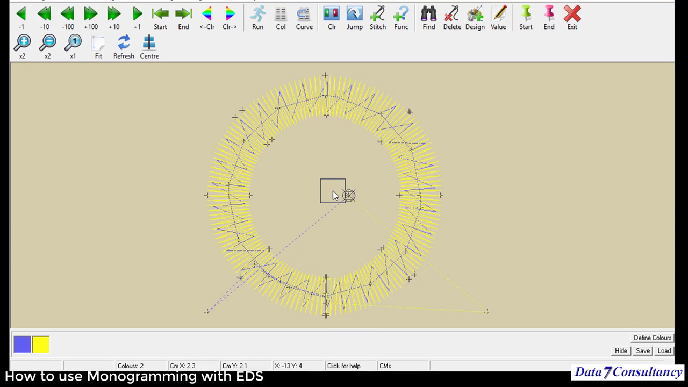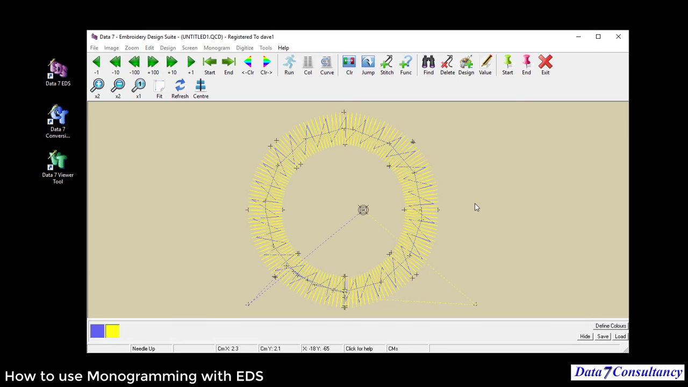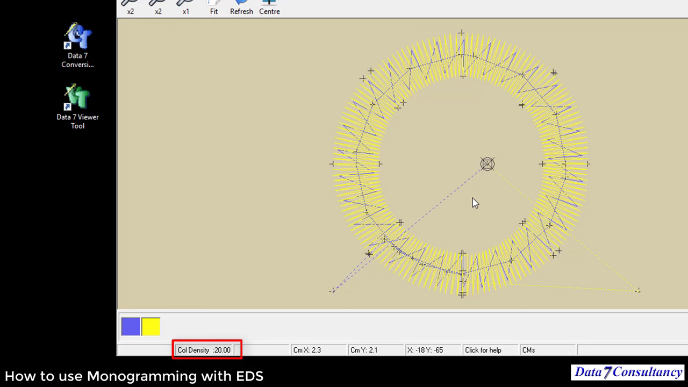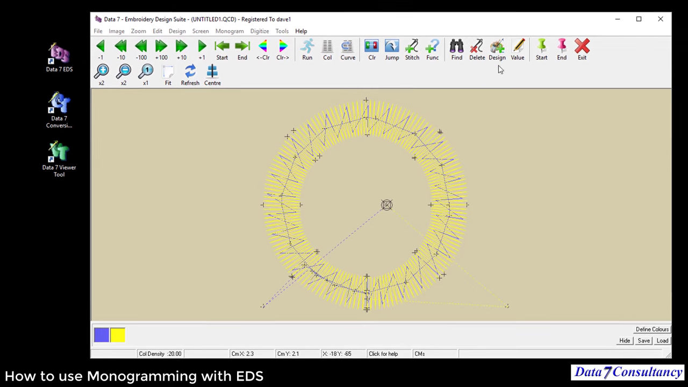So just to take that a step further, even though this is not a point editing video, I'm just going to go into the design, and I'm going to find the column density here, just to show you a little tip on point editing, which we can do more automatic in the monogramming, but if you've digitized a design, you'll be able to do this in the same way. I've located the column density, which is 20, which is the purple stitches,